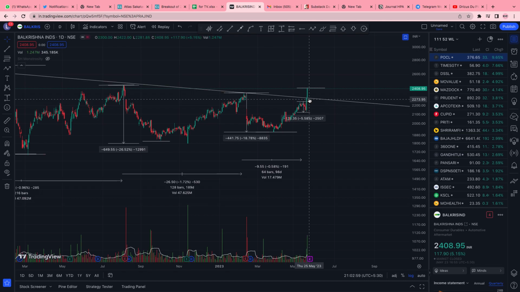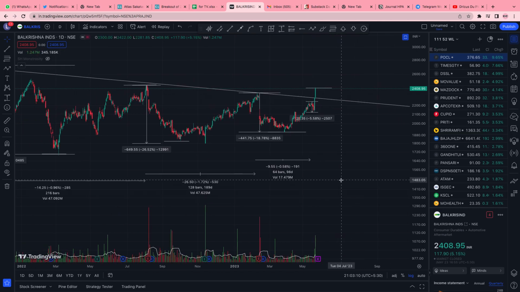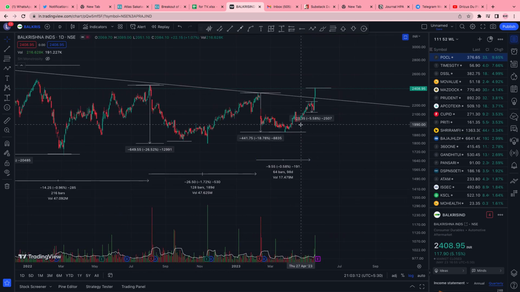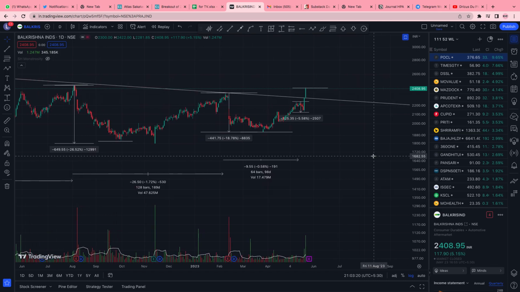But when this guy got this yesterday, I mean, not today's candle, yesterday's 6%, this one, this would have been a great place to already anticipate that Balkrishna Industries is going to break out. So I don't know if results are near and results are going to be great. So for a long-term investor, even tomorrow morning could be a great entry here, because if you enter tomorrow morning,